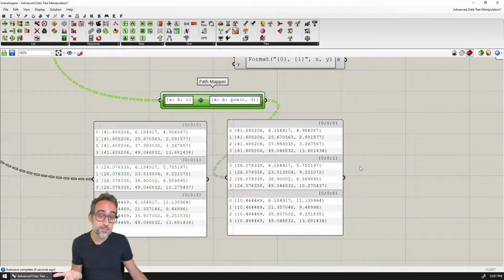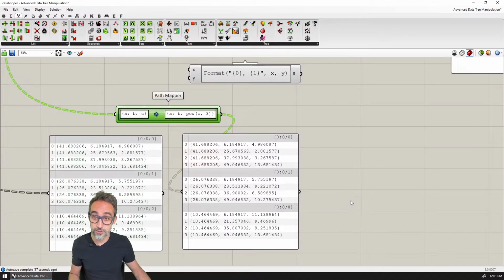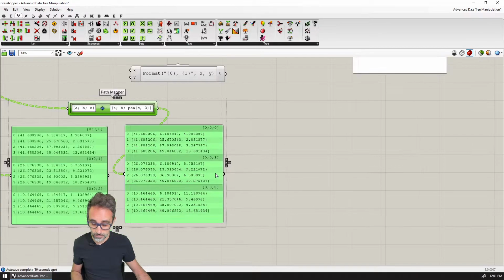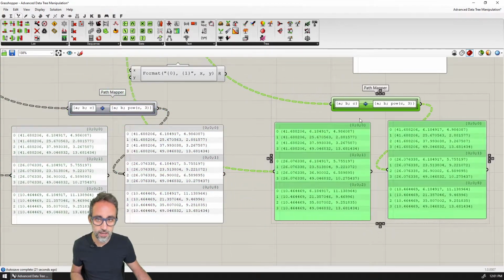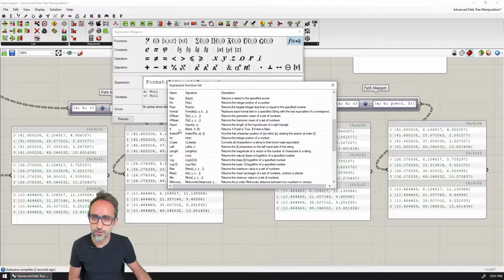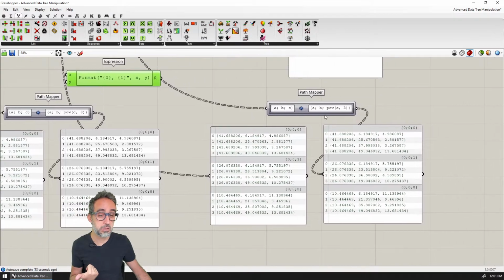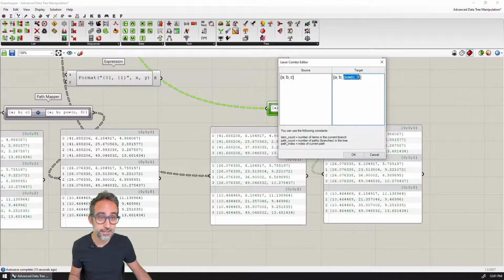Or, for example, I can use conditional expressions. So for example, let me copy and paste all of this here. So if you look at here, you can see there's a small function called if, which says that the first part is going to be a test, and then if this is true, it returns the A, otherwise it returns B. So for example, here I could write